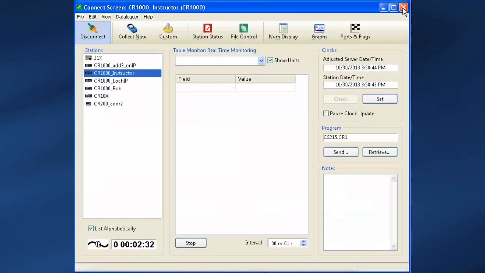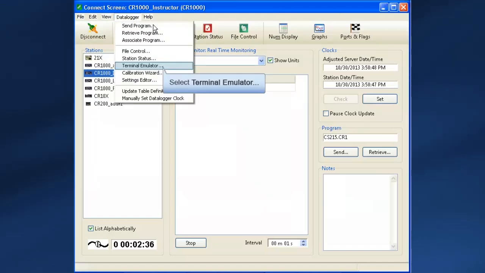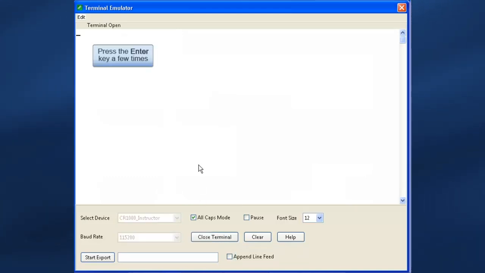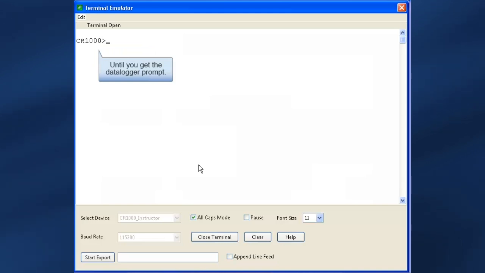Now let's get into the terminal mode. Choose Data Logger from the top menu bar and select Terminal Emulator. The Terminal Emulator window opens and you'll click the Open Terminal button. Put a check in all caps mode if there isn't one already. Press the Enter key a few times until you get to the data logger prompt. We're using a CR1000, so our prompt is the CR1000 bracket.